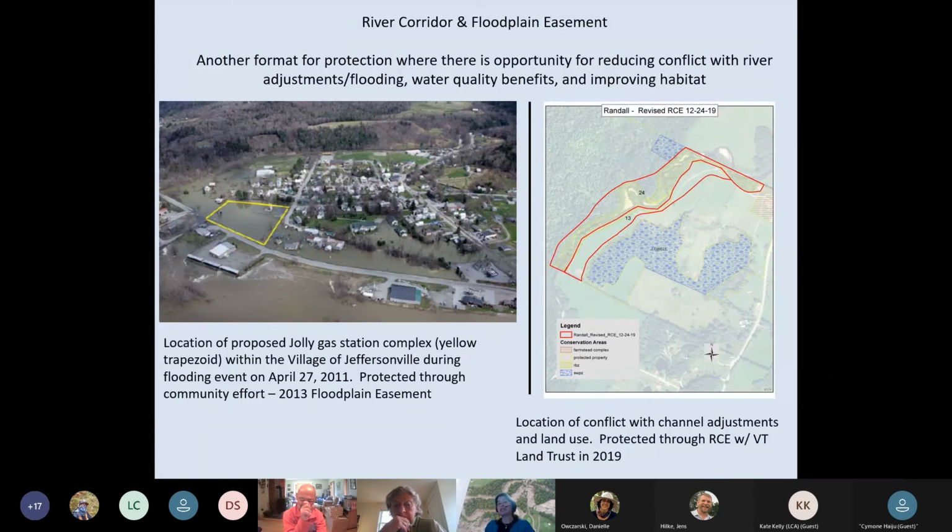In the second example, this is of a private landowner where the river had changed locations many times over the last several years and was impacting their farming. We worked with the Vermont Land Trust to get grant funding in order to protect the river corridor and move the farming out of that area, reducing the long-term conflict that the landowner had and allowing for the opportunity of that corridor to develop into a more functioning system with buffers and areas for both corridor protection, but as well as wildlife and other benefits through water quality.